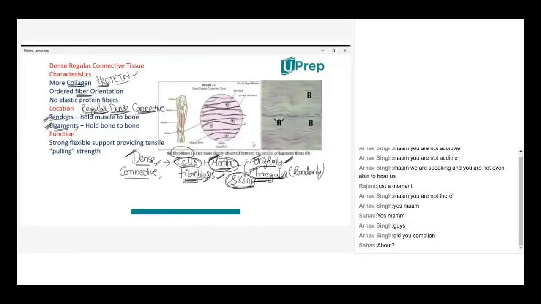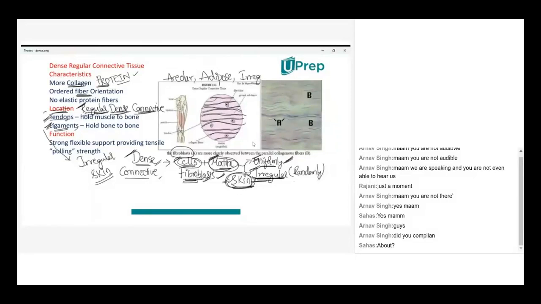So these are the locations we are talking about. Dense connective tissue is present at one location in the regular form, and it is located in the irregular form in another location called skin. Okay. So under skin we are having right now three types of connective tissues. One is areolar tissue, just now we discussed. Then we have adipose tissue, the fat cells storing fat material. Then we have the irregular